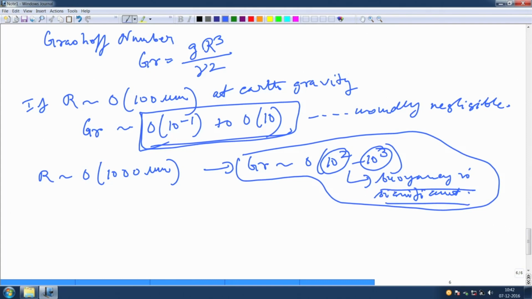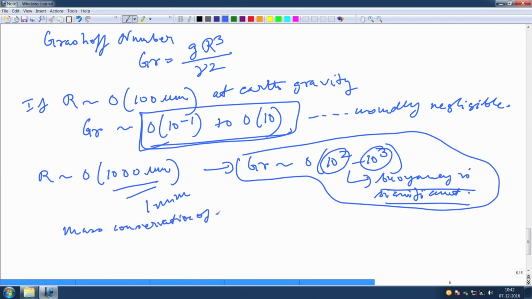So, it happens in the case of large droplets, these are 1 millimeter droplets, right. So, with a 1 millimeter droplet you can have convection effect, right. You can have significant natural convection effect. Okay. So, from a mass conservation point of view,